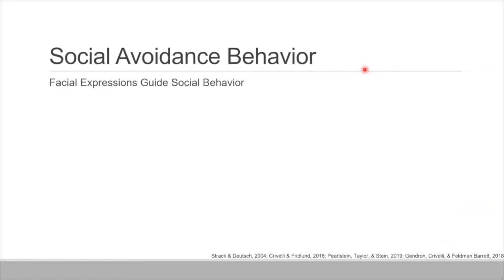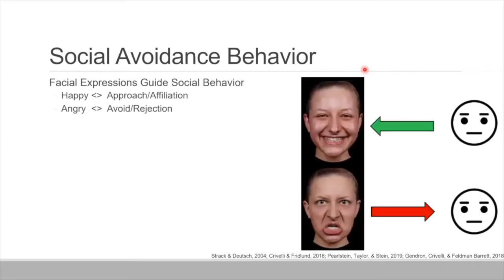So one of the big things that guides just any social behavior are other people's facial expressions and how we process and interpret them. Typically, if we're an observer and we see someone smiling at us with this happy expression, we're more likely to want to approach that person or affiliate with that person. And when someone displays an angry facial expression, we tend to view that as a sign of social rejection, and we're more likely to avoid that person. So at a very basic fundamental level, this guides a lot of our social behaviors.